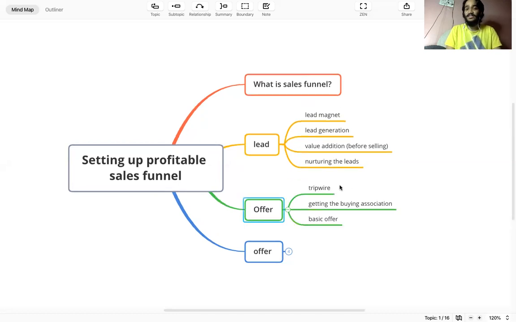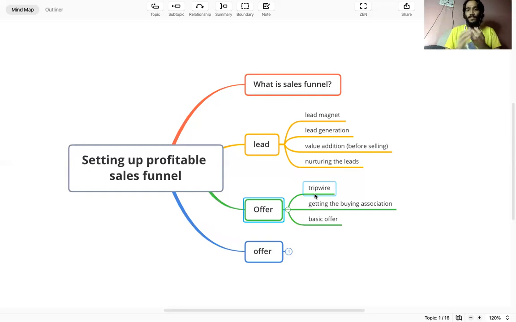And the second one is the offer. When you have added a lot of value, always over-deliver on your value. You added value, more value, and then nurtured them. Then the time comes when you make your offer, that is the tripwire. Suppose you have three products. The tripwire is a basic product, the second is a little advanced, and the third is your core product. You have to offer your tripwire to them. So let's say you have product XYZ, and this product is for this much amount of value.